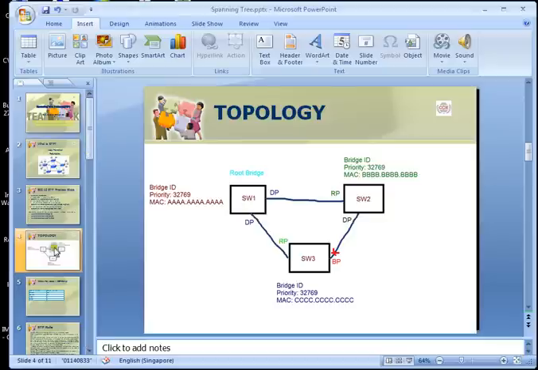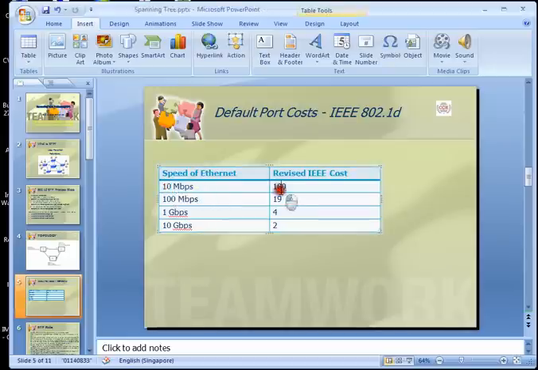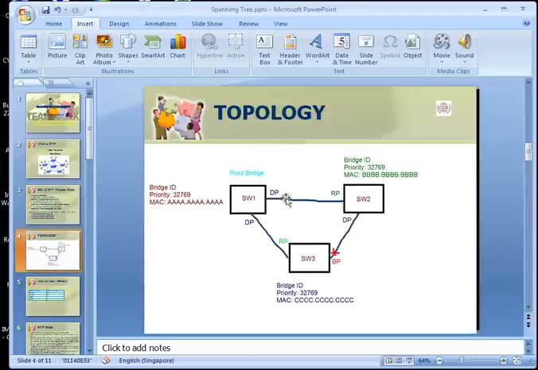By the way, for the info, this is the default cost of the port. So let's say we assume this is a 10 meg link, so it will be 100. So this link will be 100.